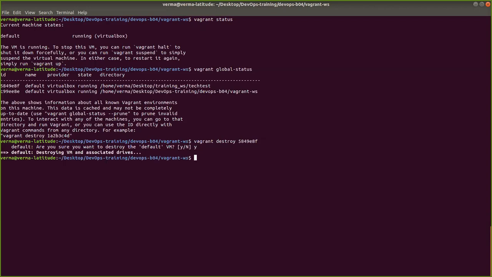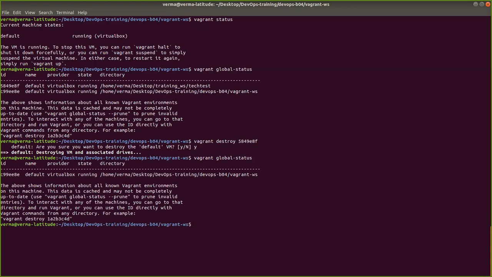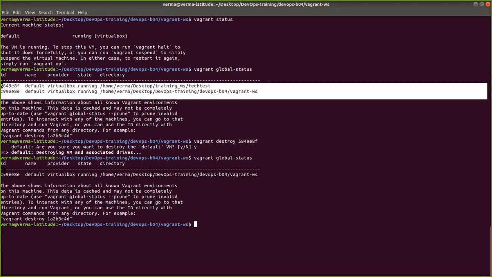It destroyed. Now if you do vagrant global status again, it will show you only one system. One box is gone. Instead of two, now it is showing only one.